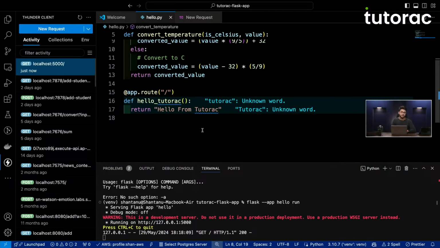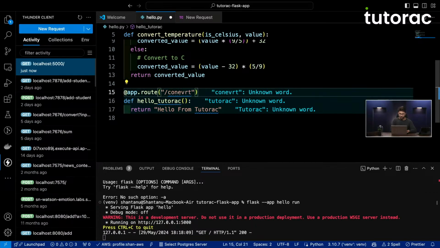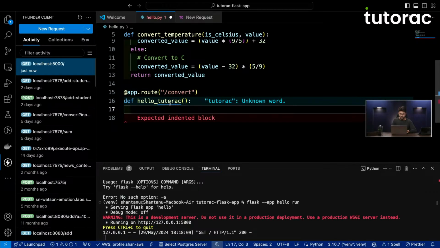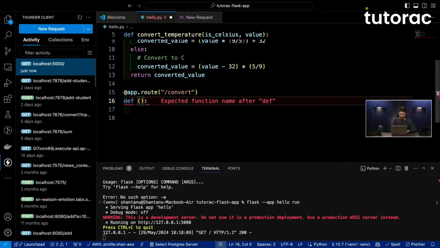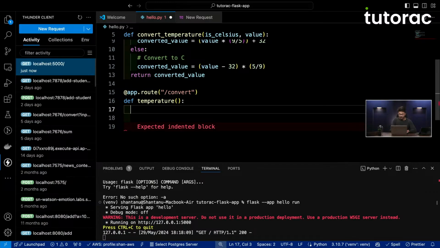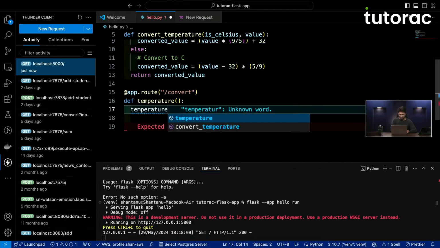Now let us modify this function in order to create our API. Let's go ahead and do it. I'll write convert, and then I want to take information from query parameters. I want two things: whether it is currently Celsius or whether it is Fahrenheit. So I will write temperature type